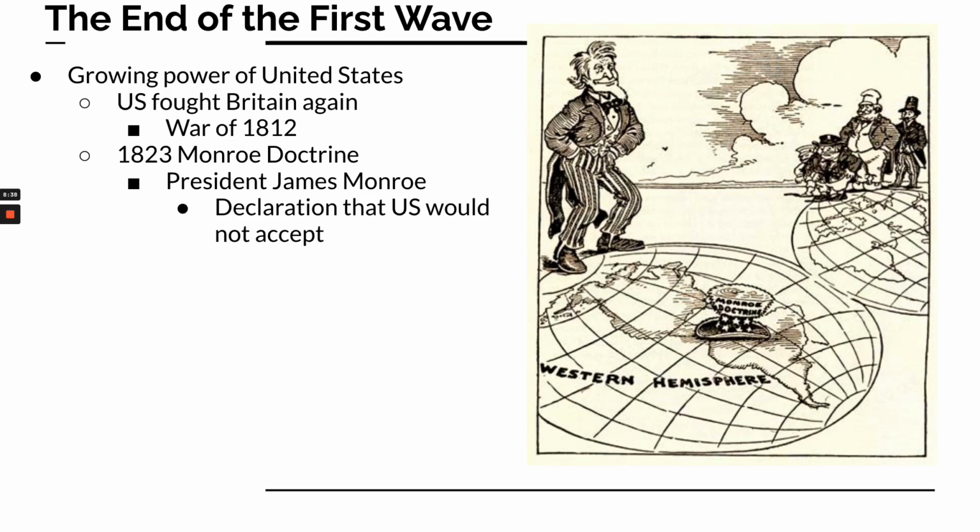It's basically the U.S. saying that the Western Hemisphere is off limits. The Americas are off limits to the Europeans. So it's a declaration that the U.S. would not tolerate any new European colonies in the Americas. We're saying you've lost them or are losing them. Because remember, these Latin American revolutions happened between 1808 and 1826. So in 1823, they're not all over yet. But the U.S. is saying, you're losing your colonies. We will not tolerate new imperialism by Europe in the Americas.